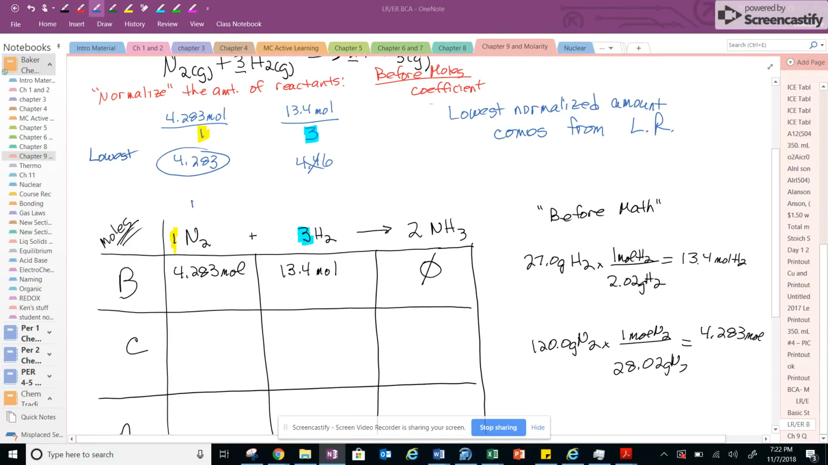And then, therefore, I know that nitrogen is going to be the limiting reactant. Therefore, I'm going to have some leftover hydrogen. Now, the other thing about this normalized value, this lowest value, is that it's going to represent the value x. Now, I'm going to explain what this x means, and this is going to maybe seem a little complicated, guys,